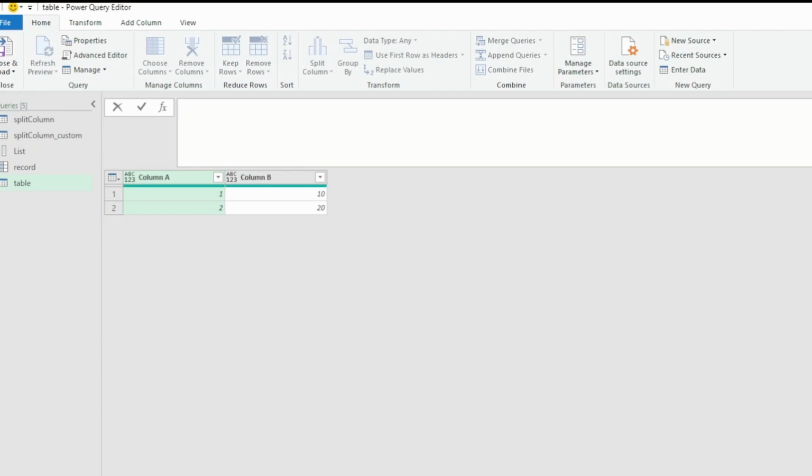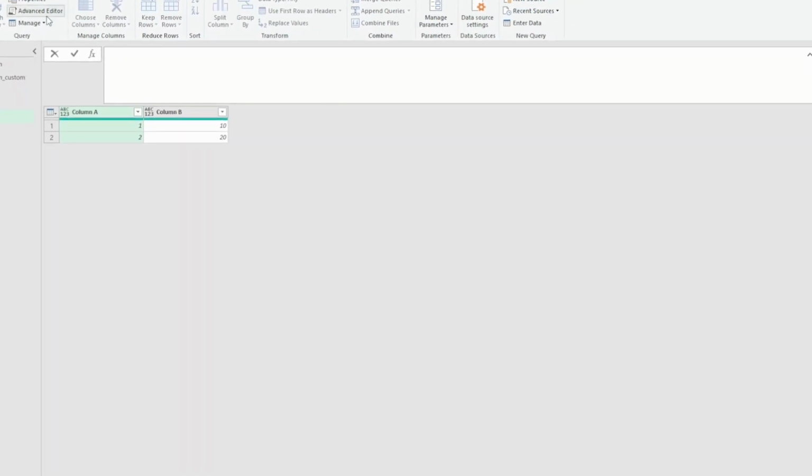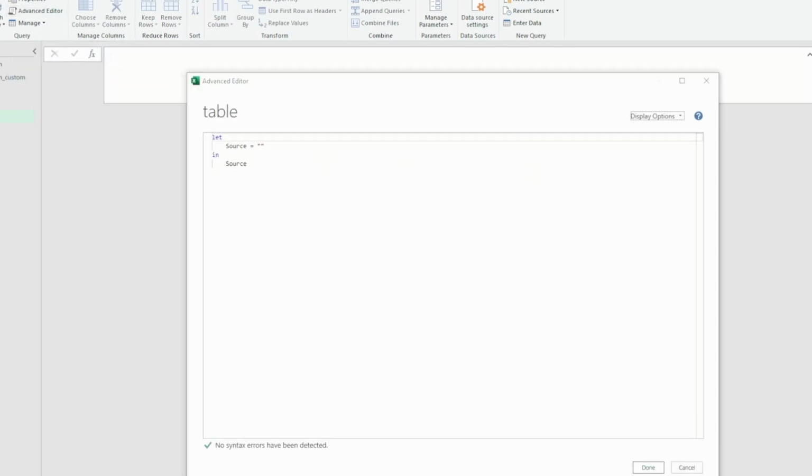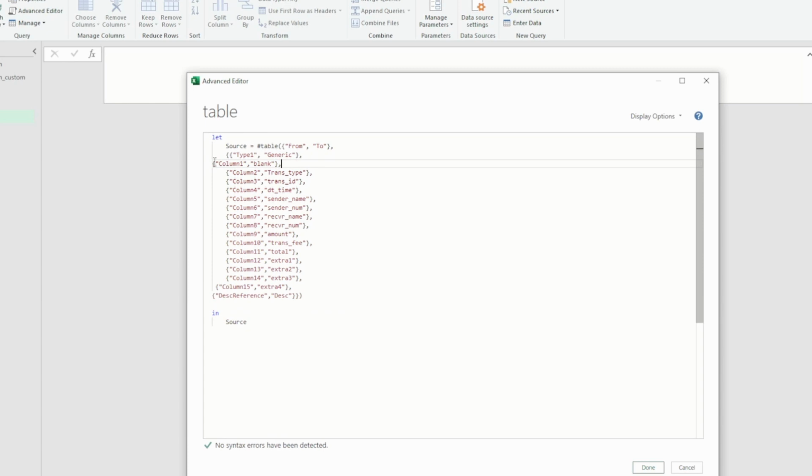You can also create an Excel table and simply import it depending on your preference, although it might cause issues if the source table is removed in future. So I would prefer to create the table inside of Power Query so we don't have anything dependent on outside data. We can create the table. I already have the table data with me, so I'm just going to copy and paste it here to save some time. Okay, so this is the table we have.